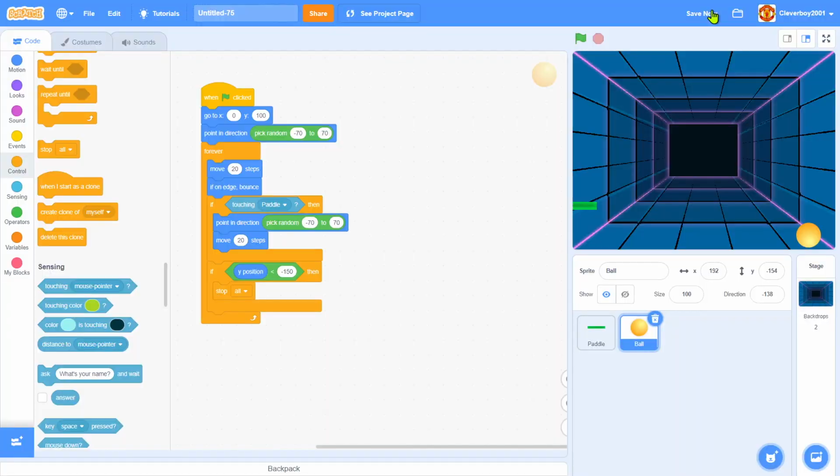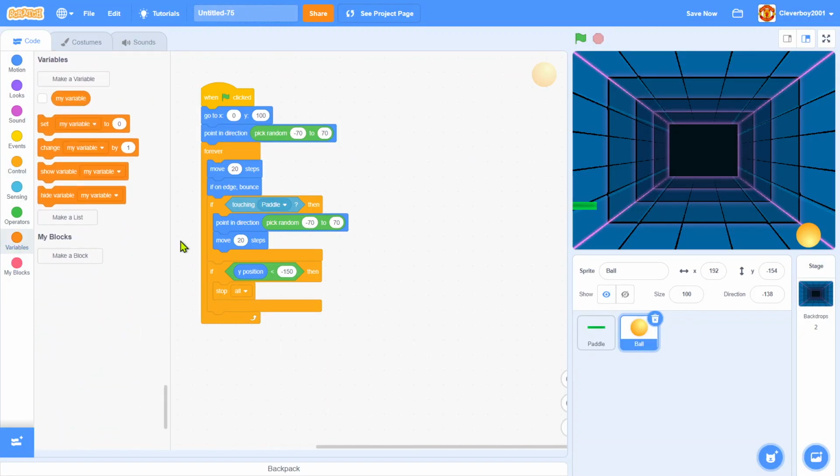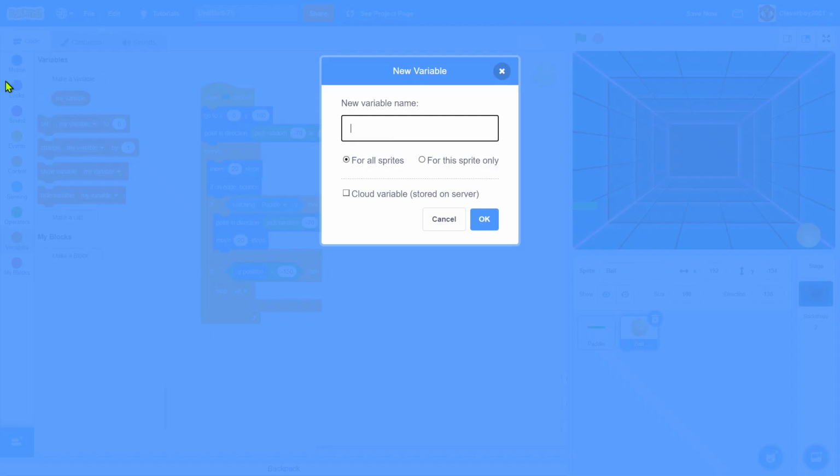Okay, so that's nice. So now we'll add the score variable for this. So we'll make a new variable. We'll call this